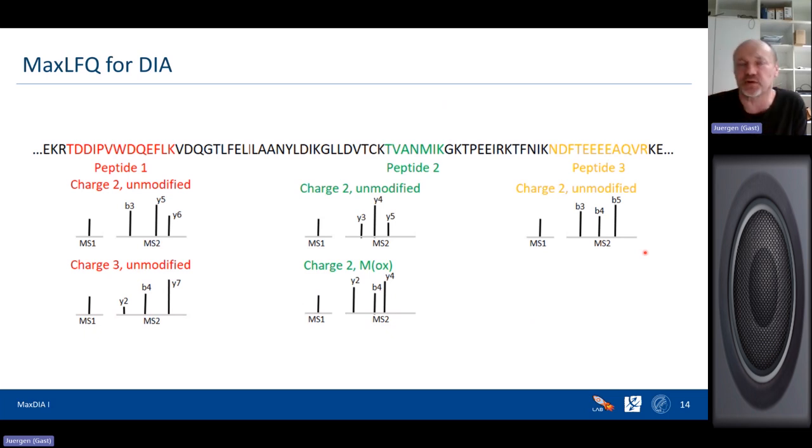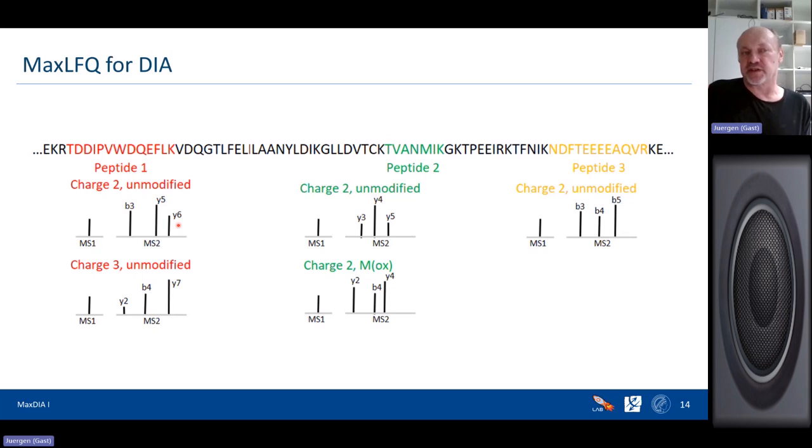So in DDA, you were only using the MS1 features, but here now we can also use the MS2 features. So just by going to DIA, we have a 10-fold increase on average of the features that you can put into this MaxLFQ algorithm, and they're basically all put in as independent channels. And in each pairwise comparison, you look if either the two precursors or the precursors are both there in both